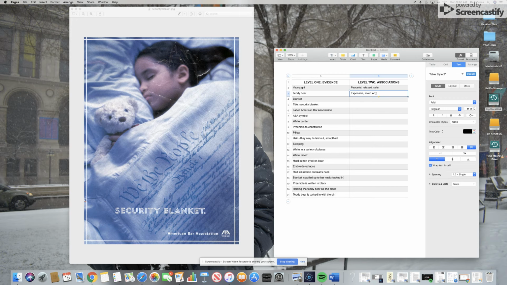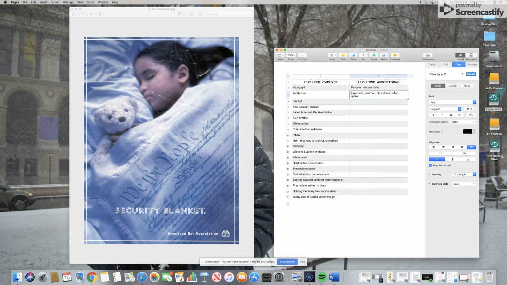A teddy bear gives me the feeling of playfulness. It also gives me the feeling, and now I'm starting to make connections, of a little girl with a teddy bear. She obviously didn't buy it for herself. She doesn't have any money, but she's loved, right? She's given things. Maybe there's a sense of spoiled if you have an expensive teddy bear, not just any teddy bear, but a nice teddy bear. Maybe there's a sense of spoiled to that if you want to go there, okay?